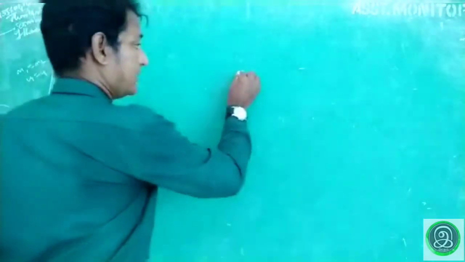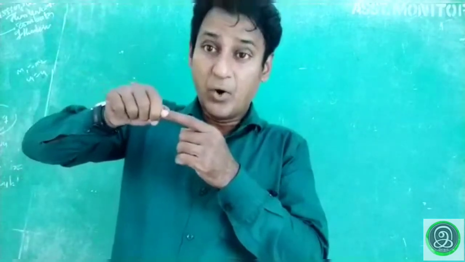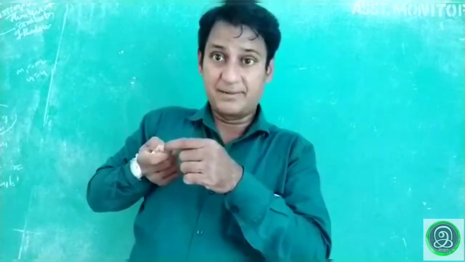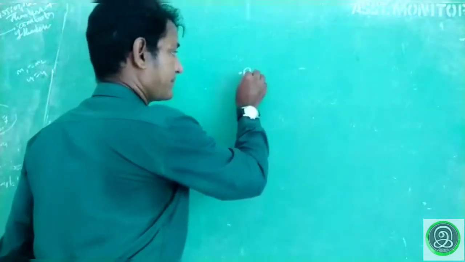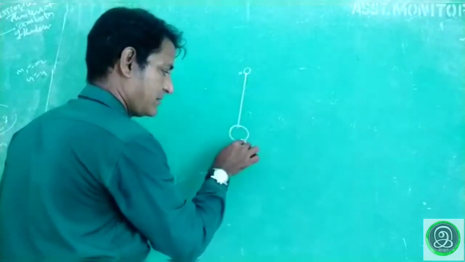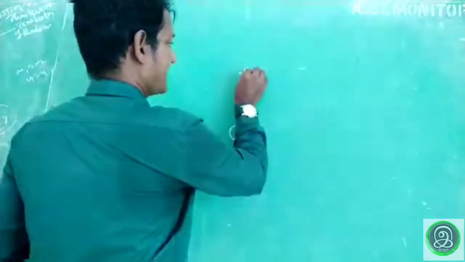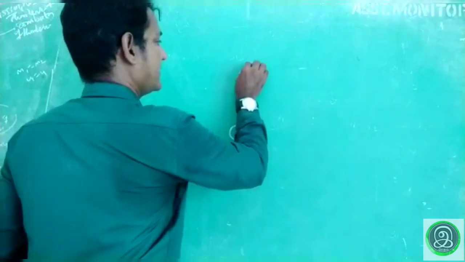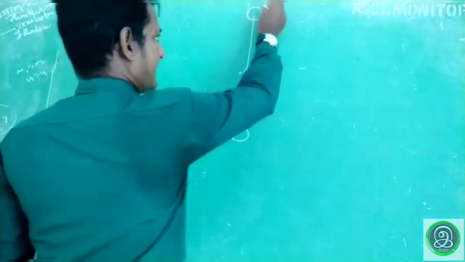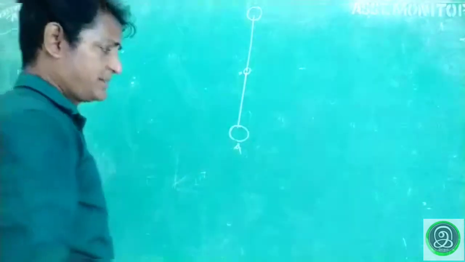Now, if O is the point where I hold, when I rotate, the holding point is called the center of the circle, O. If the string is at the lower level or the lowest point, and if the string is at the top level, higher level, so this is position B, this is position A.